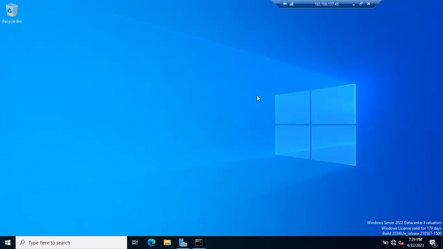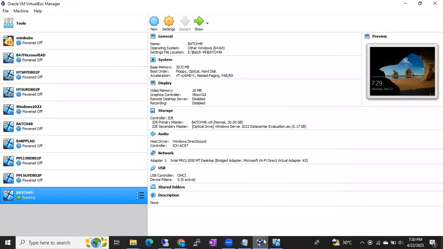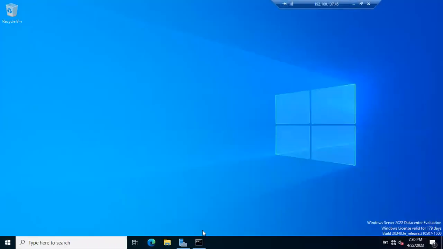So now what I am going to do, I am not going to copy from the shared path. I am going to attach it. Like in the morning we attached it, right? How the Windows OS was attached, guys. In the morning, how we attached the Windows Server operating system, in the same way we can attach SQL Server also. Now, if you see in the D drive, you can see